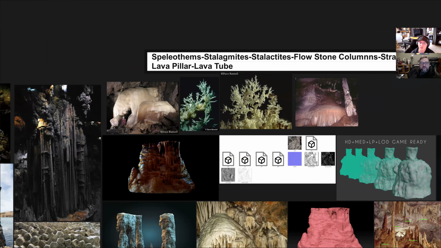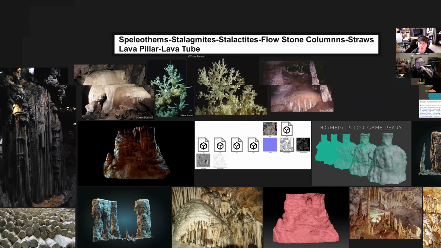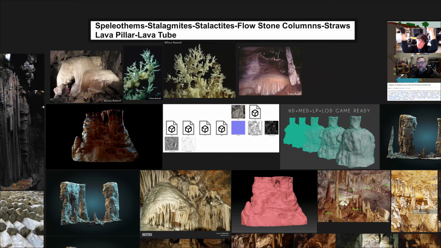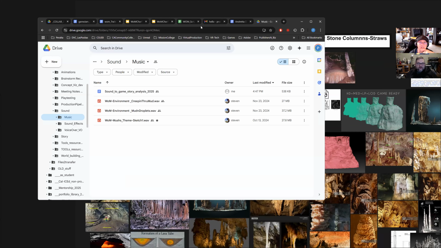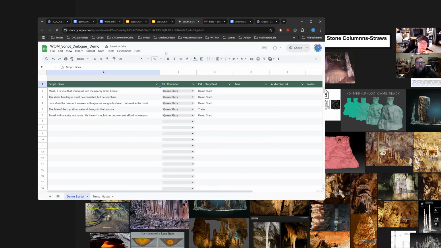A lot of it's going to have the wet column, flow rock sounds. We're going to have mile-long streams trickling down all these columns, all these mushrooms going off, these giant crystalline stalactites, stalagmites, and that'll be a lot of fun to design. So inside the spreadsheet, oops, I started a new one.